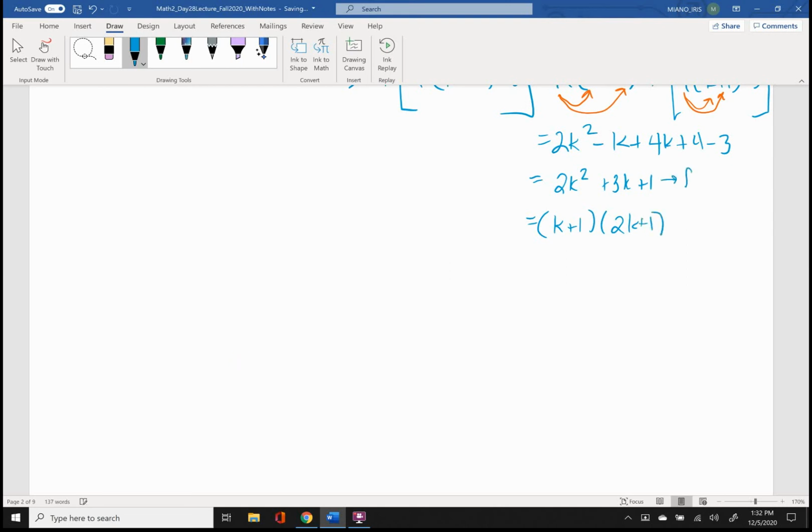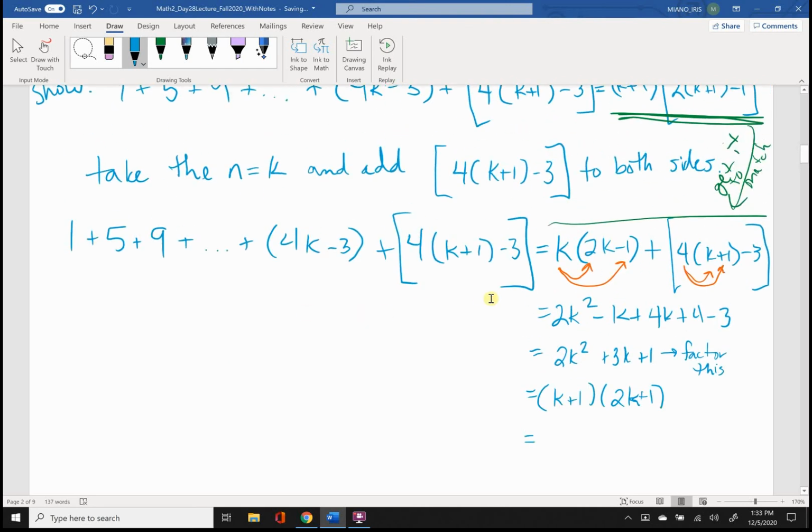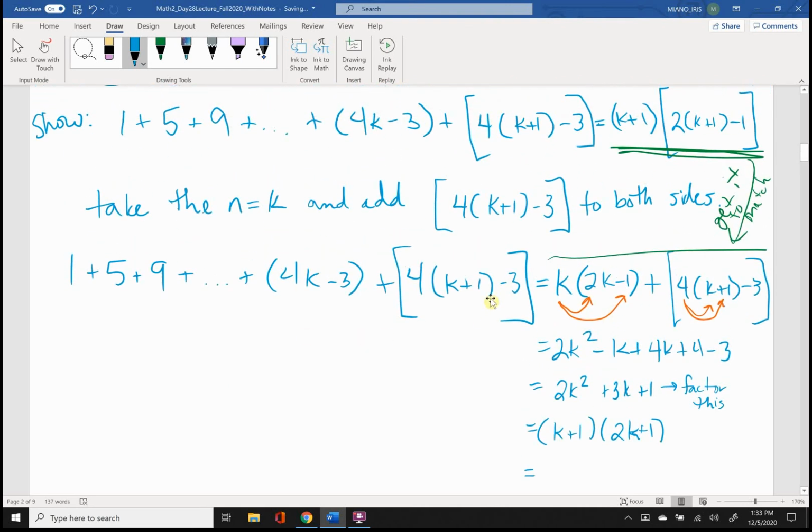So factor this. If you'd like to see me go through the process of factoring this trinomial, I'd be happy to do it. I'm just, in the interest of time, going to skip that step and say this is the factored form of it, and then recognize that we are painfully close to what we want up here in what's underlined in green, okay? We want this to be k plus 1, so we have the k plus 1 terms right here, but